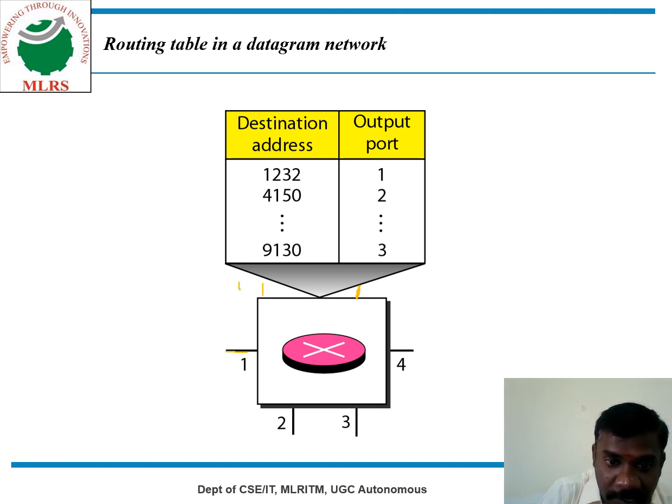This is nothing but your incoming port, and these 1, 2, 3, 4 are nothing but your outgoing ports. The outgoing ports have destination addresses. I told in the routing table diagram, every routing table must have the source address, destination address, and the port number. We will discuss in detail in unit number 2 as well as unit number 4.